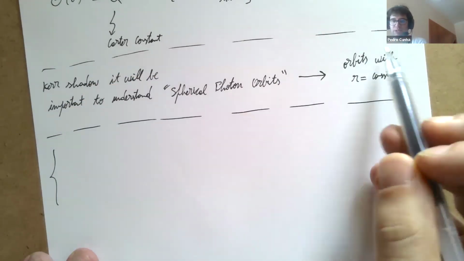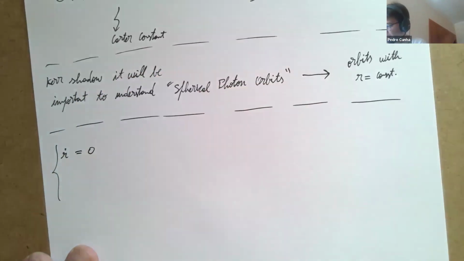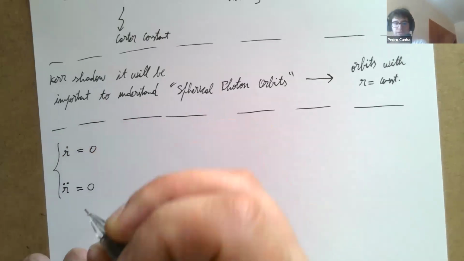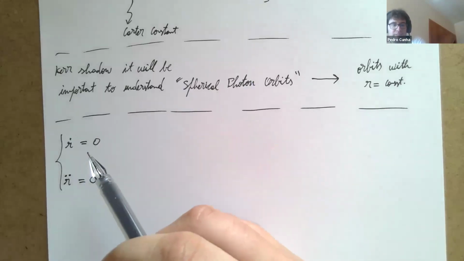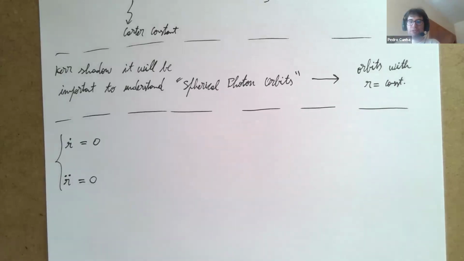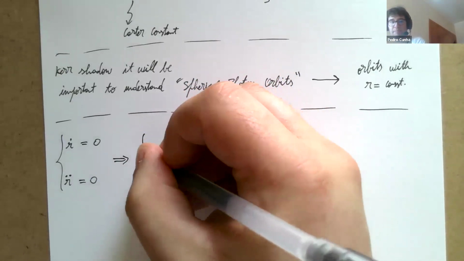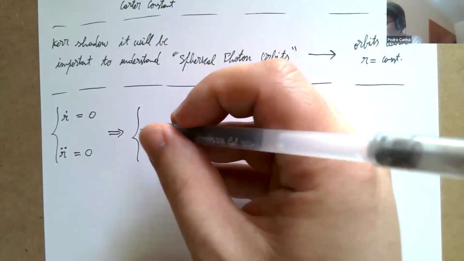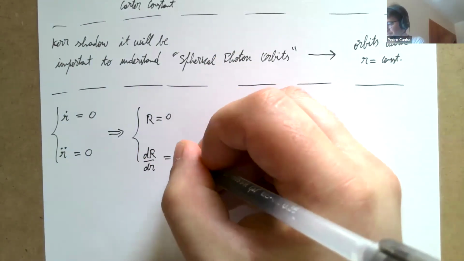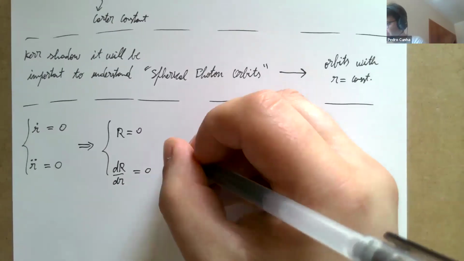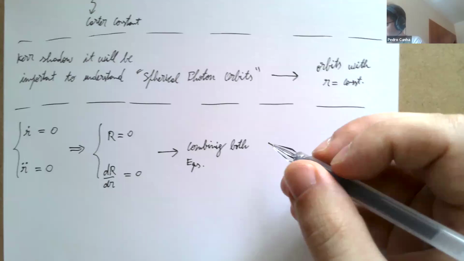So since we want null geodesics with constant radial coordinate, first we want to say that r dot is 0, but also that r double dot is equal to 0. So in a way, this is saying, very naively speaking, that the velocity along the geodesic is 0, and also the acceleration is 0, so that you force the geodesic to always be at a constant radial coordinate. This implies that you have this capital R function equal to 0, and also the radial derivative equal to 0. This gives some calculations, but combining both equations